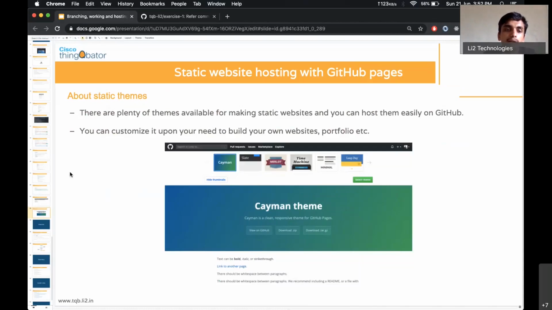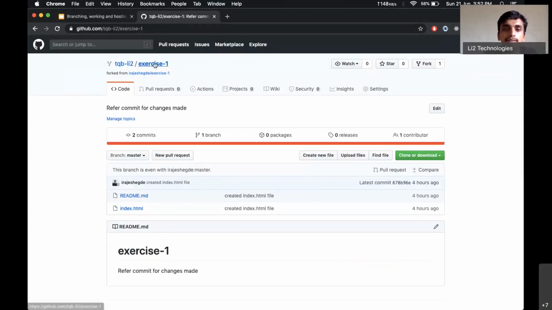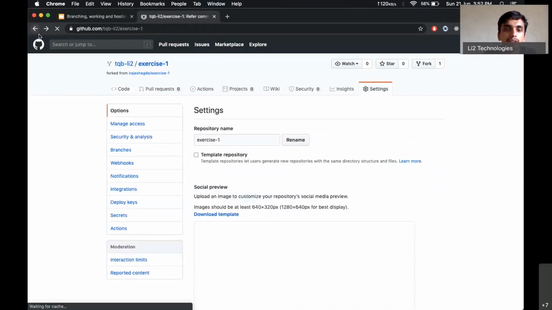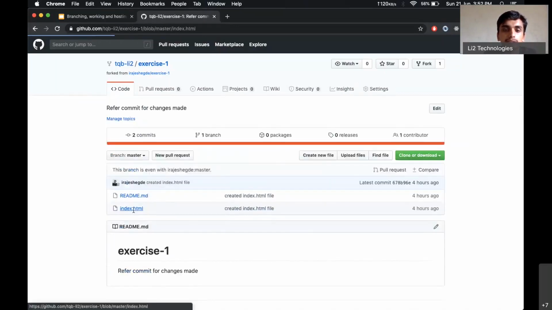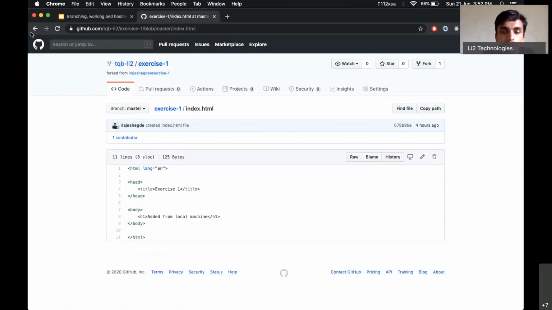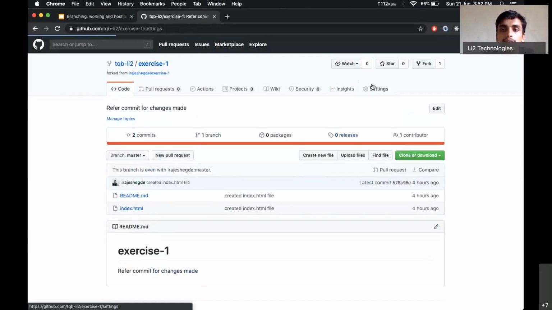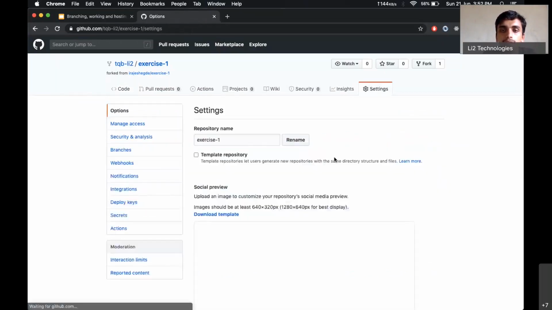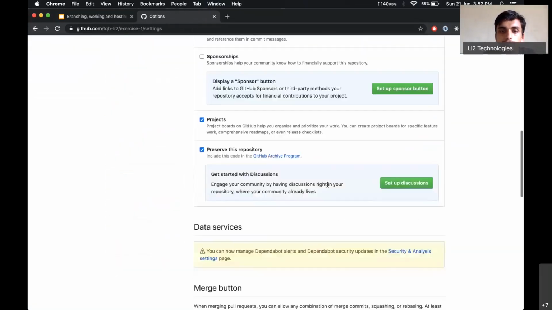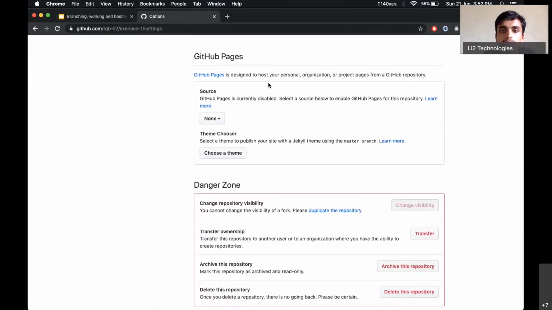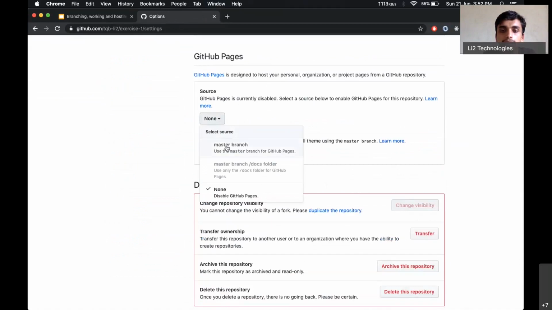So next will be our exercise. Actually, before that, I'll just quickly show you how to post the GitHub page. I'll do it for exercise one which we had done in the morning, and hopefully there is some content in HTML. Yeah, there is exercise one added from local machine. So I will quickly head on to settings, and I will have to scroll down and find GitHub pages. So here it is saying currently pages are disabled. If I select master branch,